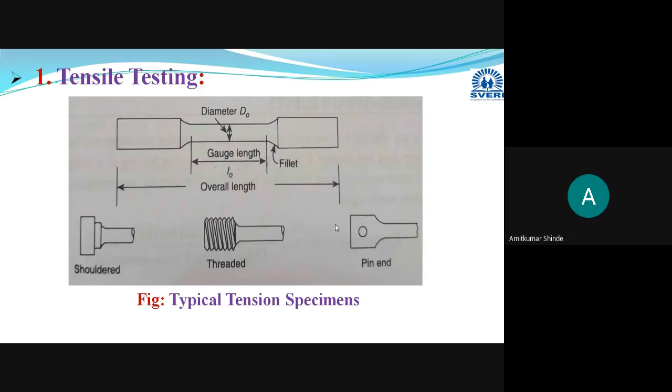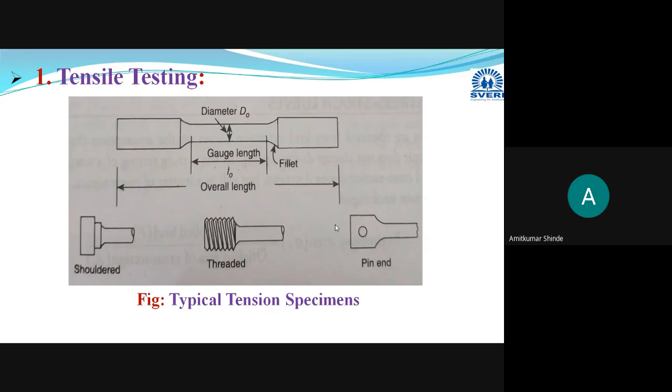So today we are going to start the destructive testing methods. Now, as we have already discussed, what is the difference between the destructive testing methods and non-destructive testing methods. Destructive testing methods generally, at the end of the test, result in some damage to the component, or may result in a reduced service life of the component. But the non-destructive testing method does not damage or reduce the service life of the component. And the second big difference between destructive and non-destructive testing methods is that in destructive testing